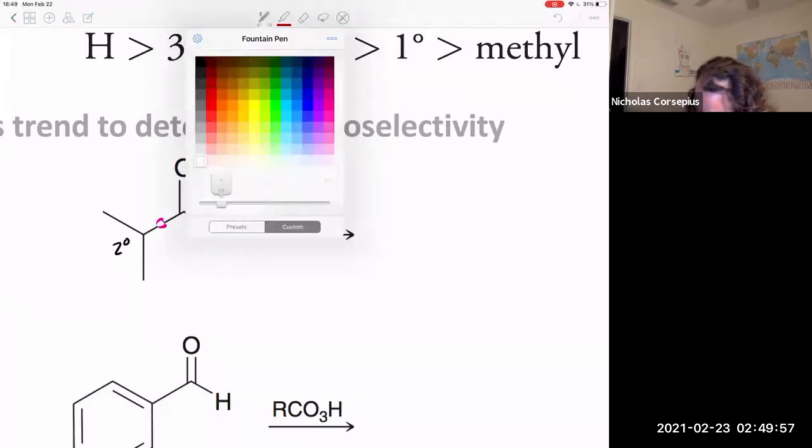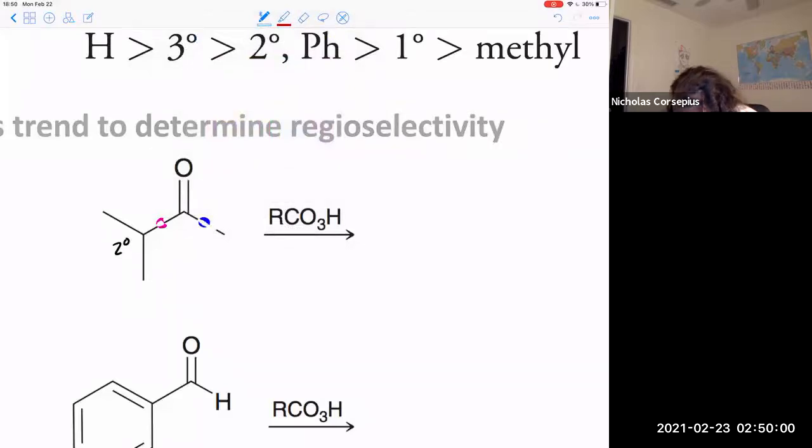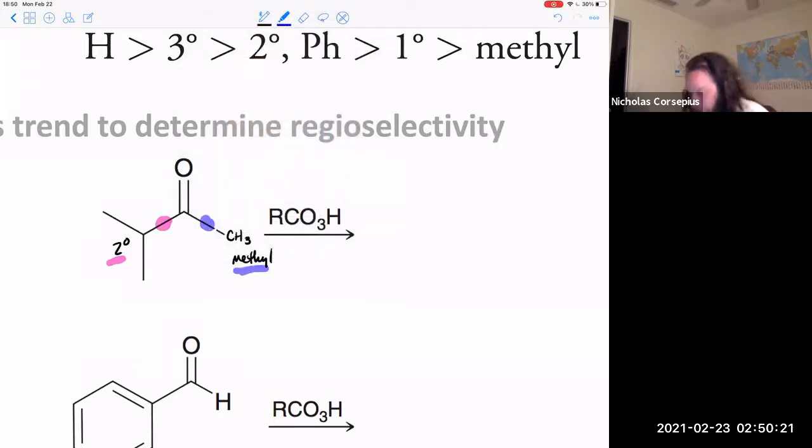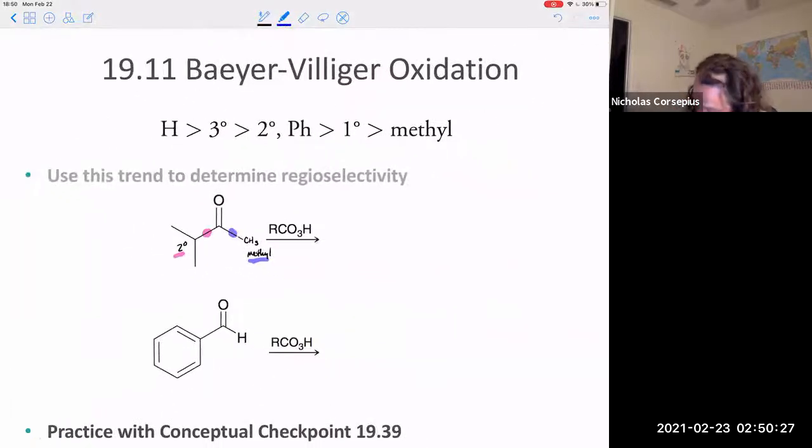And if instead I stuck it over here, getting rid of this bond, that would just leave me with a CH3, that would be a methyl. So if I put my oxygen here, what would be migrating would be a secondary carbon. If I put my oxygen here, what would be migrating would be a methyl carbon. Which one is more likely to migrate? The secondary carbon. So my oxidation product that I would expect has the oxygen stuck in that pink position,